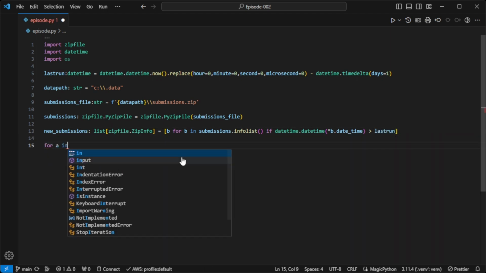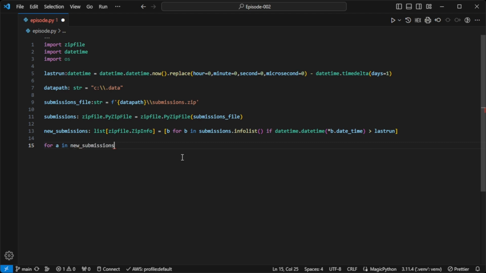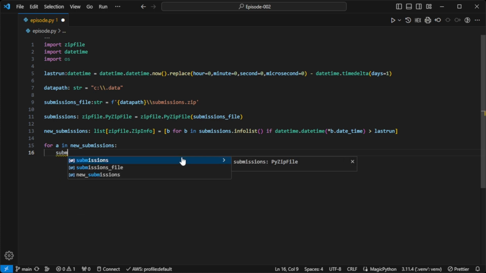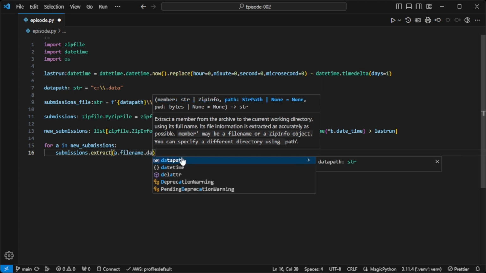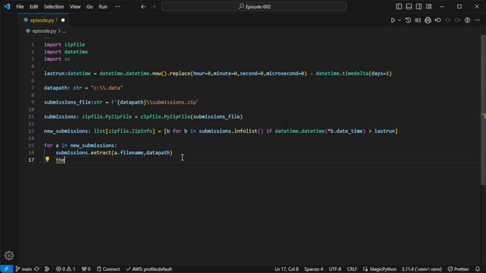Notice that I am just going to use a basic for loop for this. I could have had a handy nested comprehension added to what we did above, but it didn't save any appreciable runtime and made the code much harder to understand. And we will extract the file to the correct location.